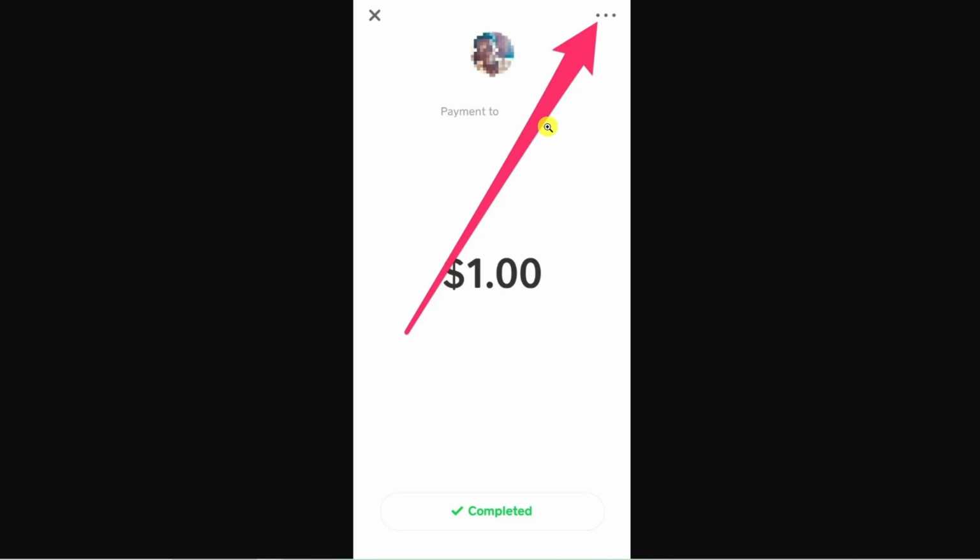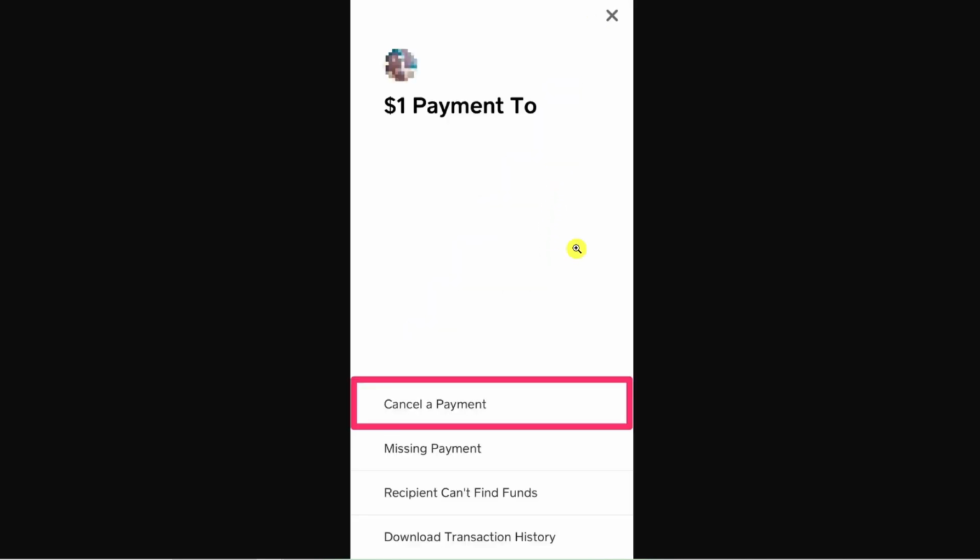What you want to do is locate the transaction marked as pending that you want to cancel. Go ahead and press onto it and it's going to bring up a screen like this. Now from here, click onto the three dots up in the top right hand corner. If the option is available, you're going to see the option to cancel the payment. So go ahead and press onto cancel payment and then confirm that you want to